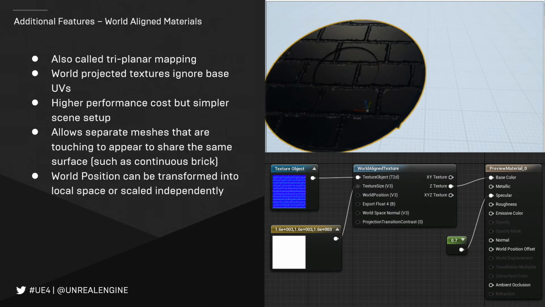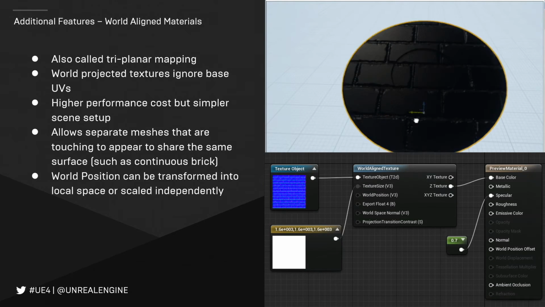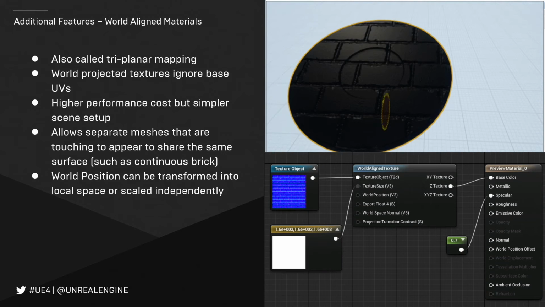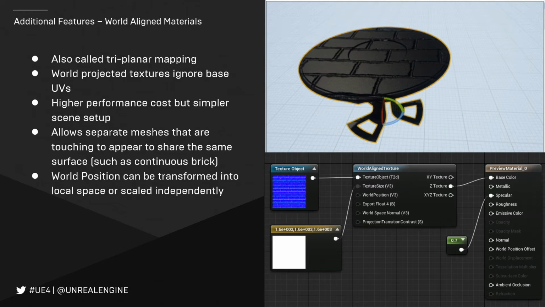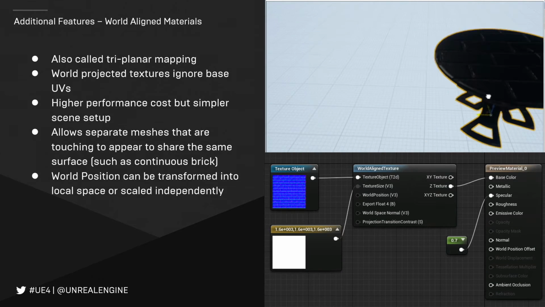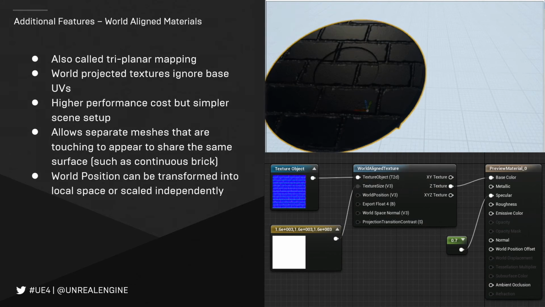So all of your assets with carbon fiber, for instance, could all be lined next to each other, and it would look like continuous carbon fiber running along the asset surface. And this is just a single Unreal Engine material node, so it's not particularly hard to add. It does have a bit of overhead associated with it, but it can be a very quick way of getting things up and running in your project.